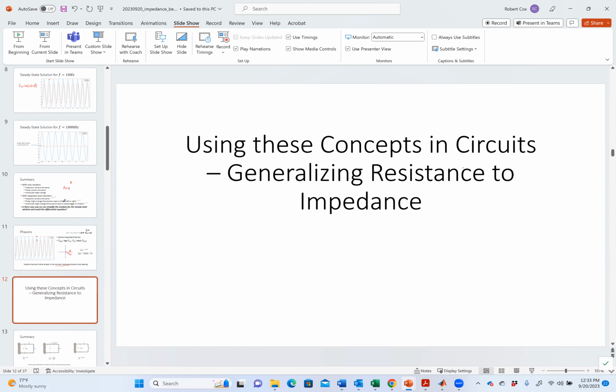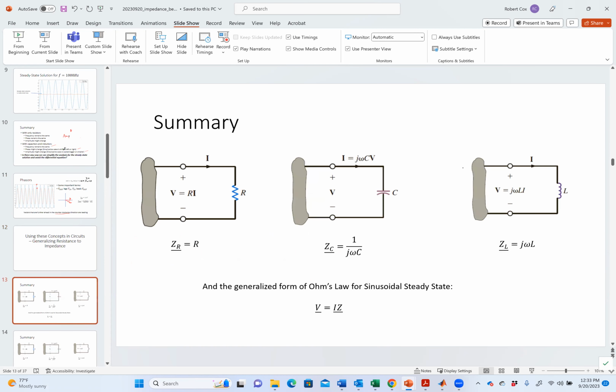Now, this allowed us to generalize our results and to talk in the context of what we defined as impedance. We said that if I have a resistor, it has a particular impedance. A capacitor has a particular impedance. An inductor has a particular impedance. And what we knew is that if I had a capacitor, I know that